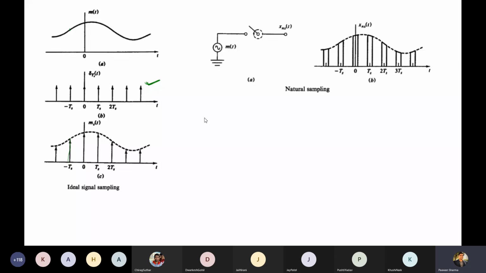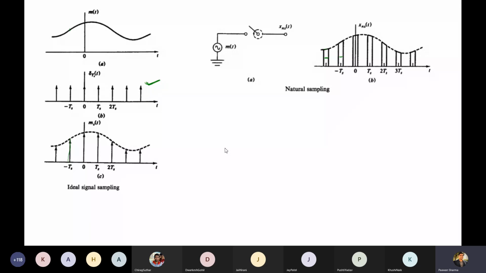So this continuous time signal MT, if you are using a switch which is undergoing switching on and off operation repeatedly with a particular rate, you would be getting output at this end like this. So this is the duration for which that switch was on. So the signal was allowed to pass from this end to this end. Similarly, after certain time, the switch is again made on, then off, then on, then off. So this is what we call natural sampling.